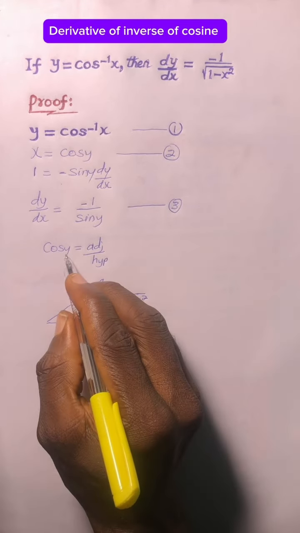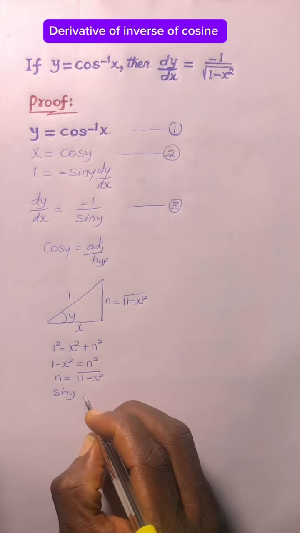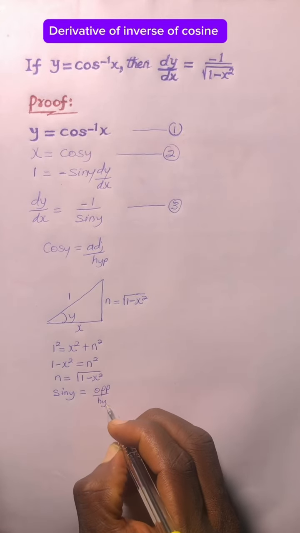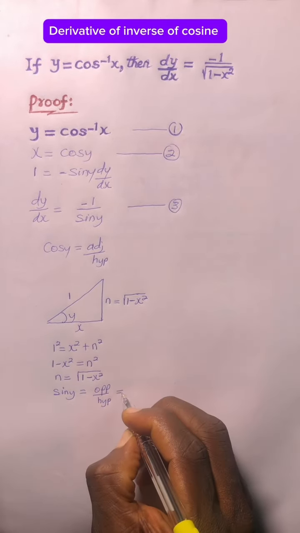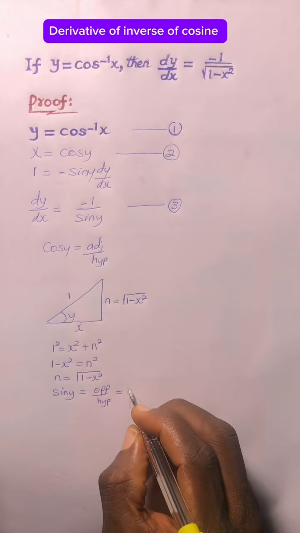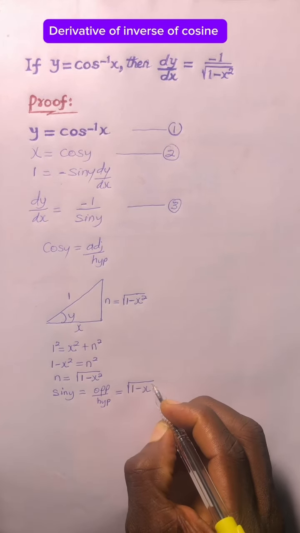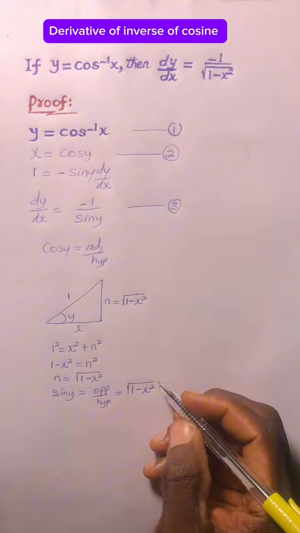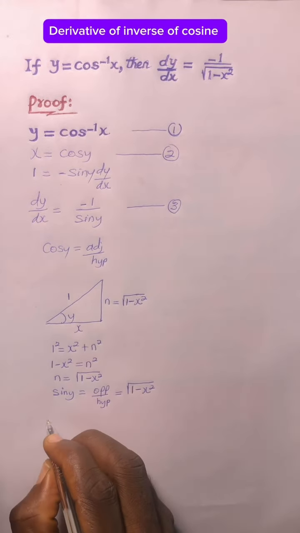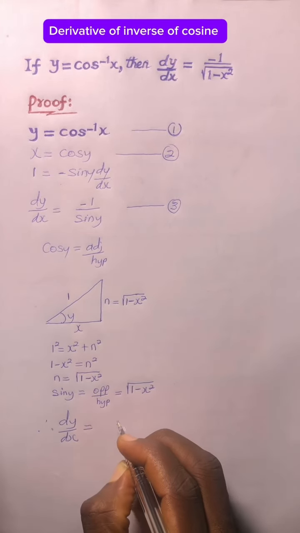Now, if cos y equal to adjacent all over hypotenuse, sine y becomes opposite all over hypotenuse from SOHCAHTOA. And that means the opposite becomes this all over 1. So we now have the square root of 1 minus x squared. Now, we are going to substitute the value of sine y, which is this, so that dy/dx equal to minus 1